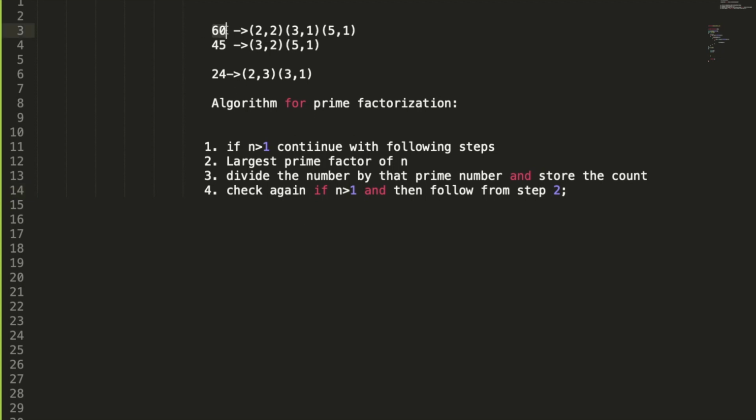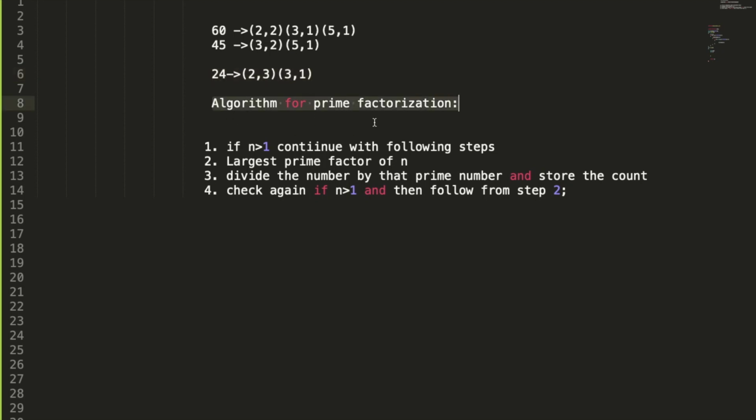What we want is, we have a number n and we want all the prime factors with their count. For example, in 60 we have 2 as a prime factor, 3 as a prime factor, 5 as a prime factor, and the second number here is the count. The 2 is coming 2 times: 2 power 2 is 4, 3 power 1 is 3, 5 power 1 is 5. So 4 into 3 into 5, 15 into 4, 60. In 45 we have 3 comes 2 times, 5 comes 1 time. In 24 we have 2 comes 3 times and 3 comes 1 time.